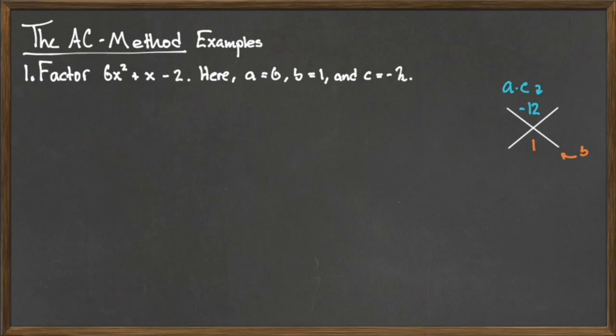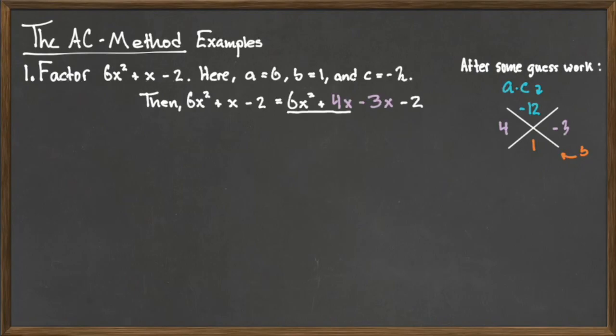12 times 1, I don't think those factors will work because no combination of those gives me a 1. Same with 6 times 2. However, positive 4 and negative 3 do work because those multiply to negative 12 and add to positive 1. So basically, after a little guesswork, we can put 4 and negative 3 into our cross, and then we can